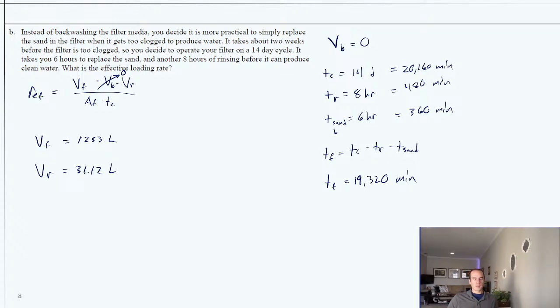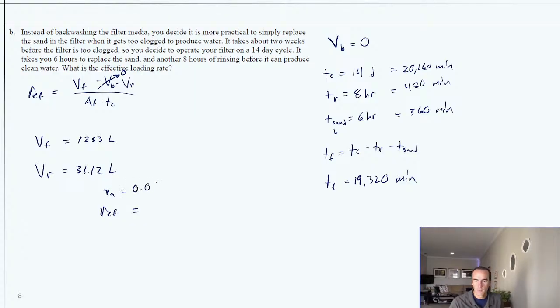Practically speaking, that might not be enough, but I don't know. I think trusting some random bathtub full of sand, I'd probably filter some more. Anyhow, we put in these numbers, we take the REF, the effective loading rate, and we expect this should be a little smaller than what we started with. And if you recall what we started with, so the loading rate itself was